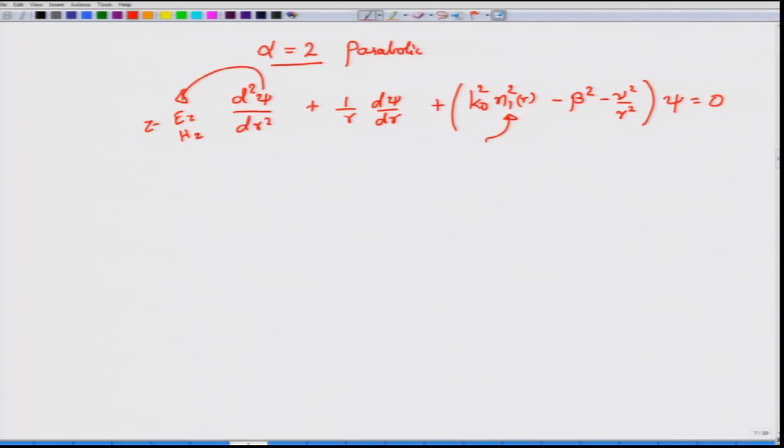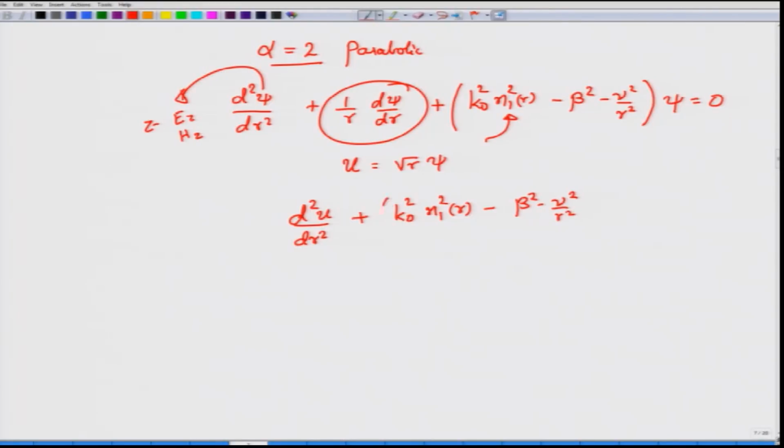By making a certain change of variable, you can actually rewrite the equation in terms of another variable called u, compared to the variable psi that we have used previously, and you can take this as a simple exercise. What you will actually find out is that this term, 1 by r d psi by dr, goes away, and then what you have is a simplified expression. Okay. This term would still remain as it is, but now the equation is written not for psi but for u, and this is a simple second order equation.